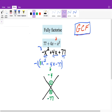Since they're multiplying to a negative number, I know 1 is negative and 1 is positive. And factors of 77 that have a difference of 4 are 11 and 7. Since this sign here is negative, the larger number has to be negative. You can check your work by adding these two together. Negative 11 plus 7 is negative 4. If you try to say negative 7 and positive 11, that would equal positive 4, which is not what